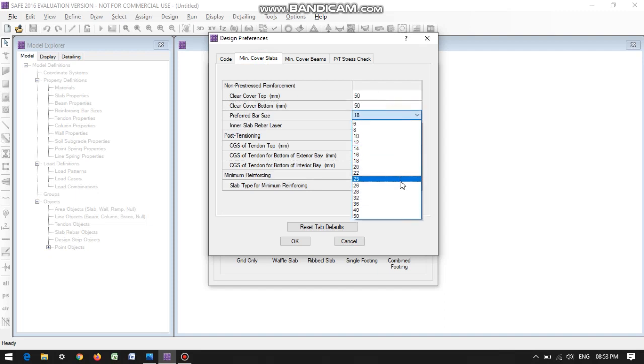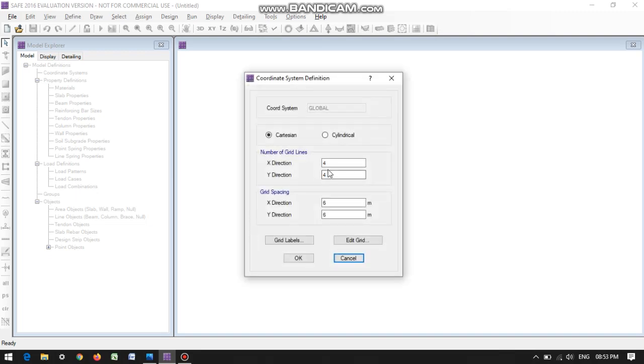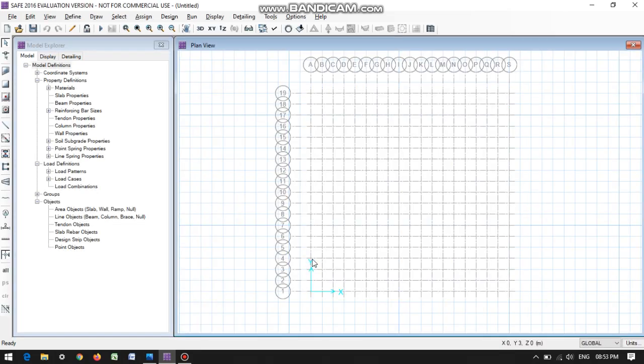Let's take the preferred bar size as 25 mm. Okay, and we go into grid only. Totally 18 meters, so let's choose 19 grids, each at 1 meter spacing. Okay, now we got the grid.